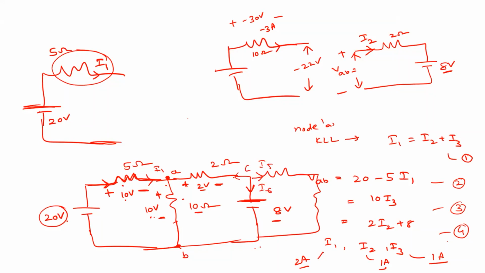So now it will be C and D. Again, you need to write VCD, voltage across C and D. Some more equations will come. All these things make our solution complex. So that's why this method is not preferred in complex networks.